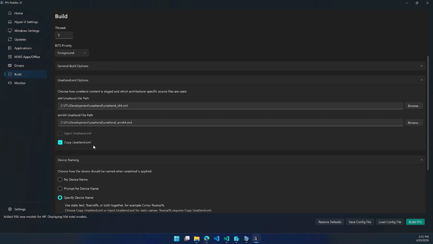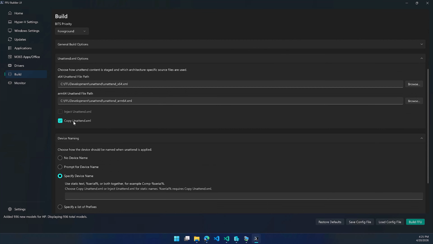So copy unattend, this is what the majority of people should use. And what this is used for is to copy the unattend after the FFU has been laid down to the physical machine. So if you're using USB deployments and you want to set a unique computer name for each machine, then we need to use an unattend file to do that, and we modify the unattend file at build time for that machine. So if we were to do something like comp